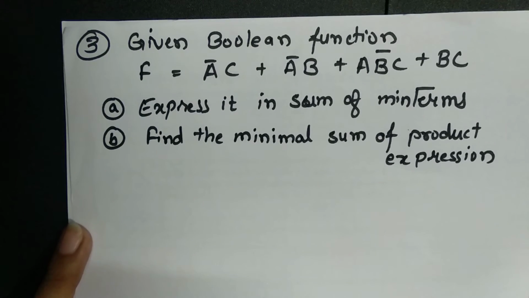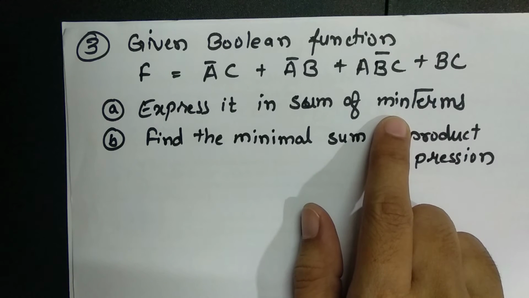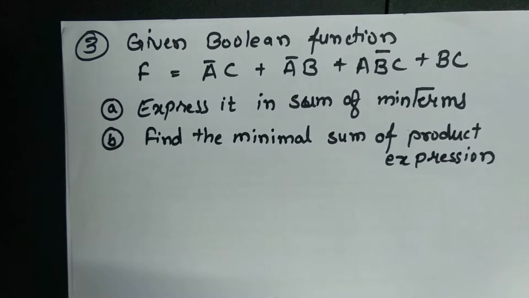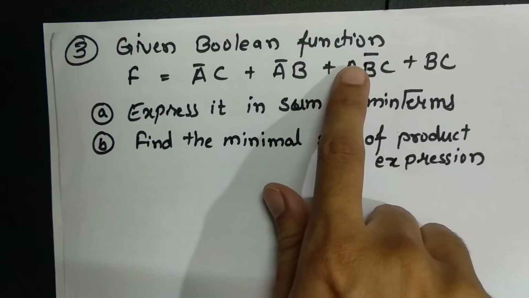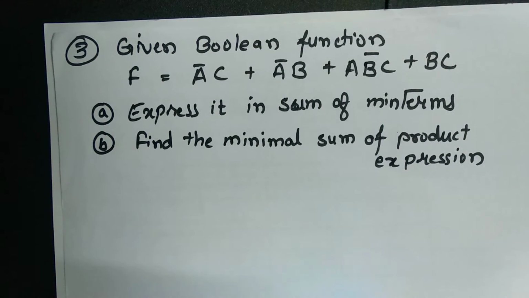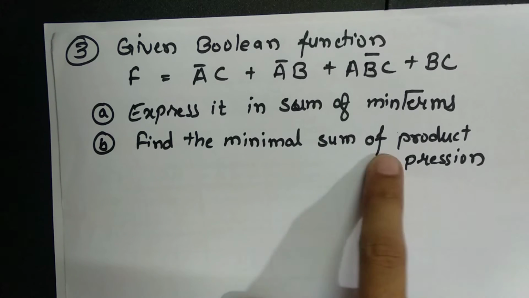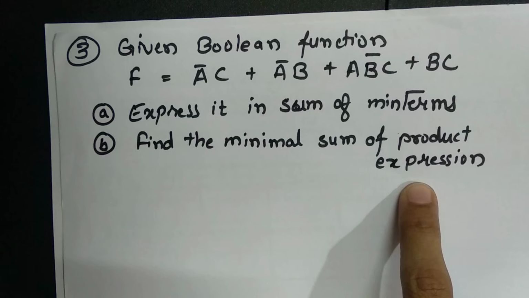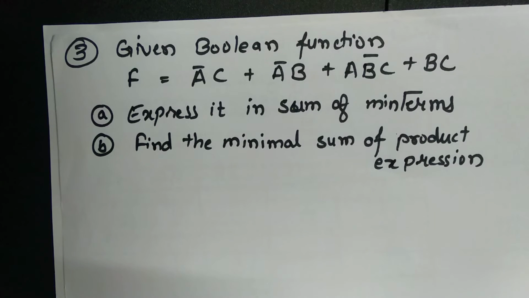Okay, so this is the problem which is given to you. What is asked in this one? The Boolean expression is given here itself. Okay, you have to find out the sum of min terms. It means you have to search for the decimal numbers 0, 1, 2, 3 and so on which will arise in this Boolean expression. Also, you have to reduce this equation. You have to find the minimum sum of product expression also, meaning the minimum equation you also have to find out.